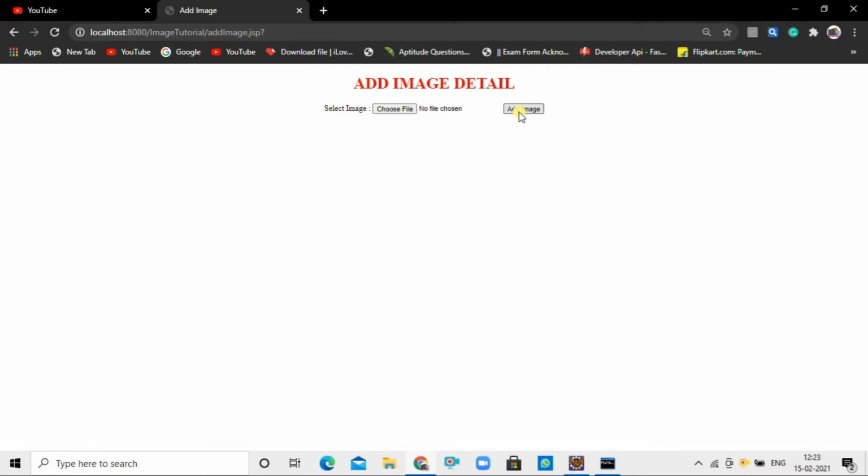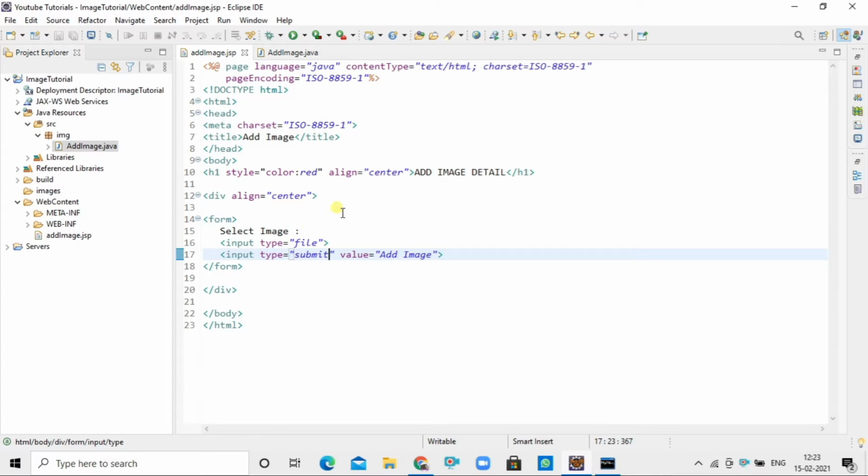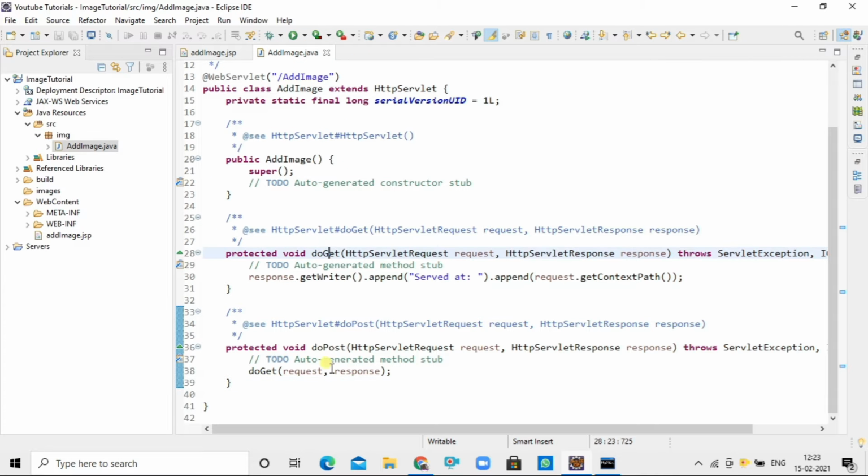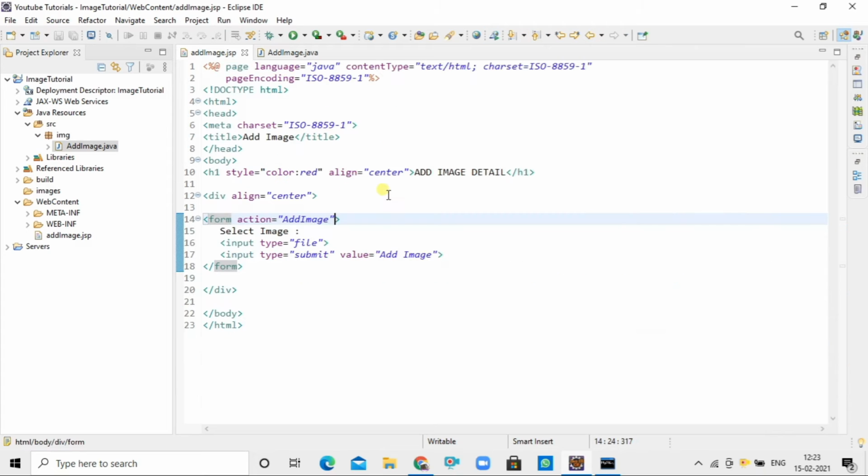Now here we want something like, after selecting the image, whenever we click on the Add Image button, our control should go to the doPost method of the AddImage servlet. So here inside the form tag we have to write action equal to our servlet name, that is AddImage. And since we want our control to go to the doPost method, we have to write method equal to post.